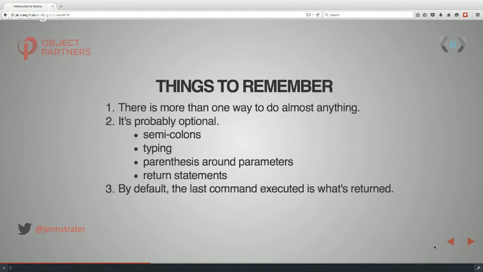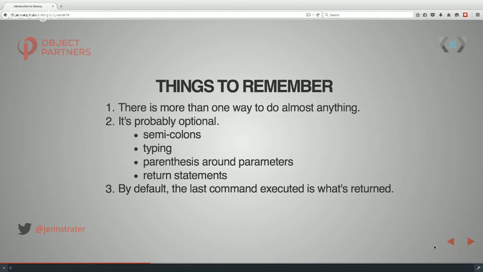Okay, so before we get started in the examples, here's a few things and concepts we're going to see throughout all of the Groovy examples. There's probably more than one way to do it. Groovy is based on being very flexible. So whether you're coming from Java or other languages, you're going to see some things that may look familiar, some things that may not. Do the one that feels most comfortable to you until you get the hang of it, and you can use some of the more efficient ways.